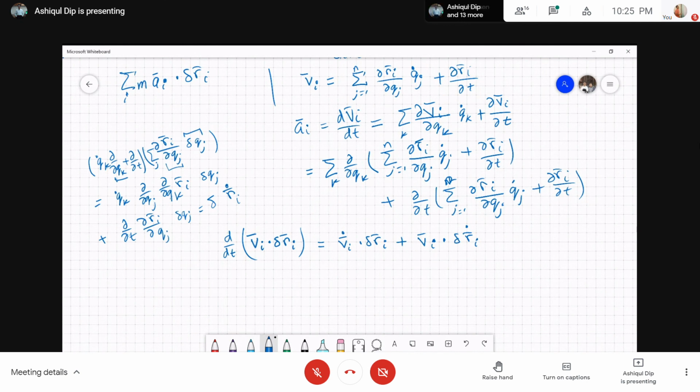So now we actually need this part, right? We needed this part: ai dot δRi equals d/dt of Vi dot δRi minus